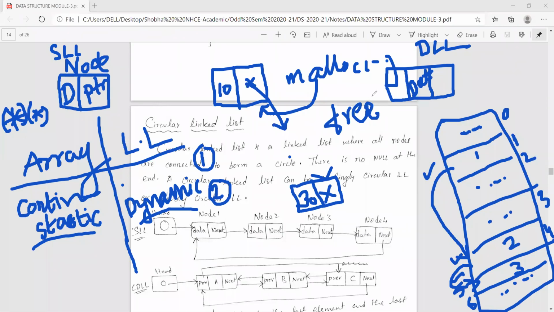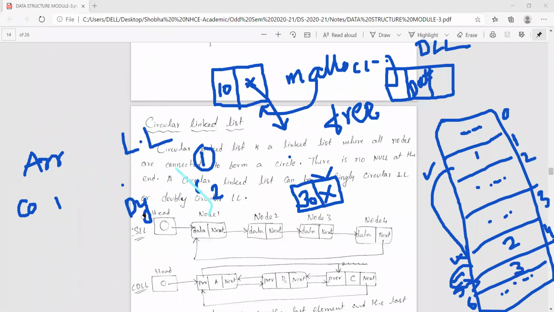In this way, we are able to expand the memory based on the requirement. Whenever you want to add a new one, you create a new node. Whenever you don't want it, you free the memory, but you are not blocking it, whereas in an array, that is happening. Is my point clear, all of you? Actually, this is a repetition. We already discussed the same thing at the start of this linked list introduction. I want you to know this basic difference between array and linked list.